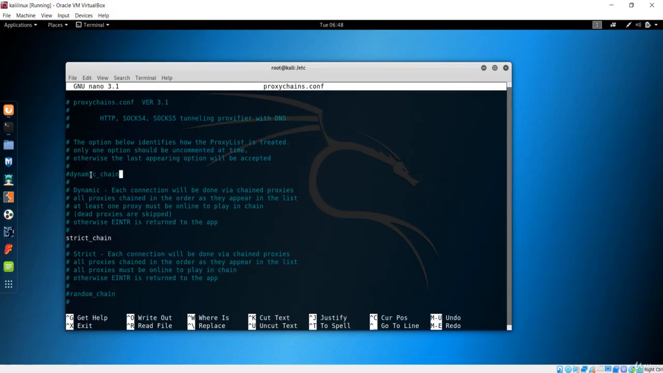The same is the case with the dynamic chain. It will give different proxies or different servers between the message transmission. That means each connection will be encrypted in a way that there will be a chained proxy. There will be multiple proxies that this application will go through. It might be slower than the random chain, but it is much more secure than any other chain. So if I go over here, we are going to use this dynamic chain